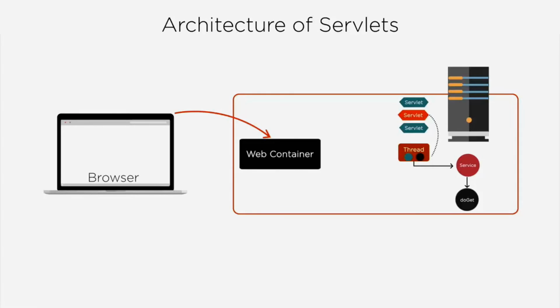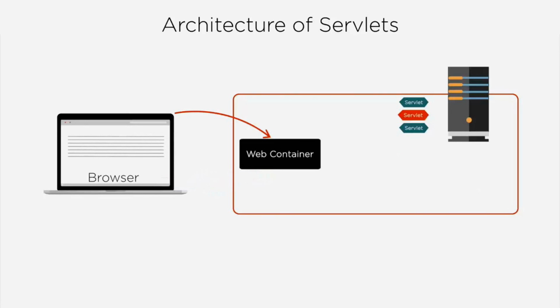The doGet method generates the dynamic page and stuffs the page into the response object. We need to remember that the container still has a reference to the response object. The thread completes and the container converts the response object into an HTTP response and sends it back to the client, then deletes the request and response objects.